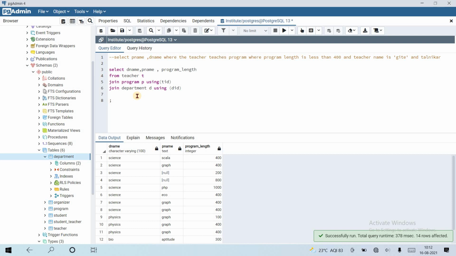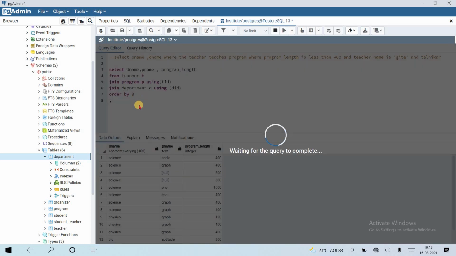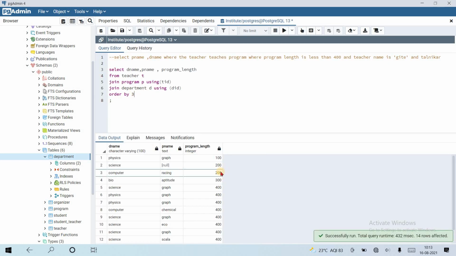Okay, let's use the order by clause. Order by column number 3, program length. So we have 100, 200, 200, 300, 400, 400. So let's fetch greater than 400. So use a where clause: program length is greater than 400.